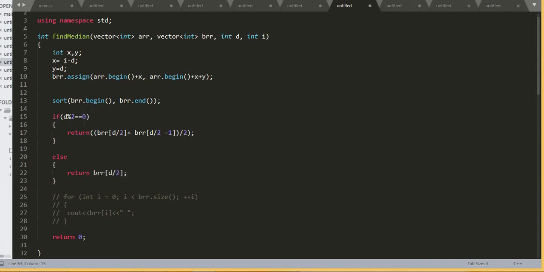This is for whether the trailing days are odd or even. If it's odd, we don't have the problem, we'll take the middlemost element and that would be the median. If it is even, as I said earlier, we have to add those 2 elements and then divide by 2, and that would give us the median.